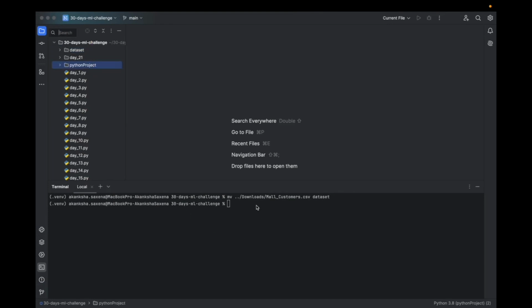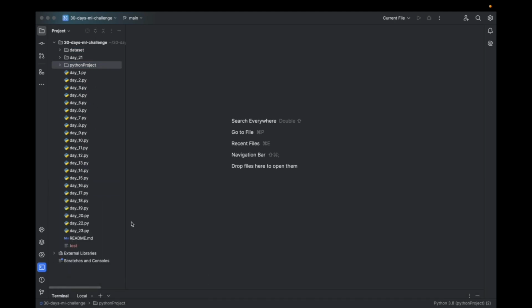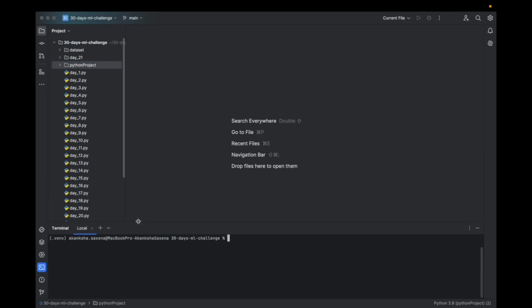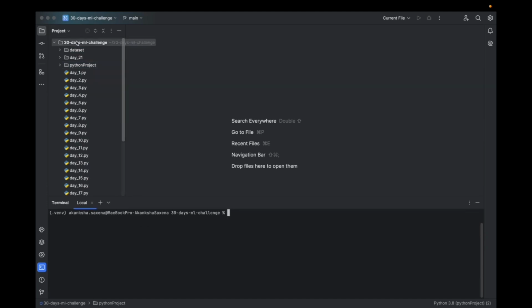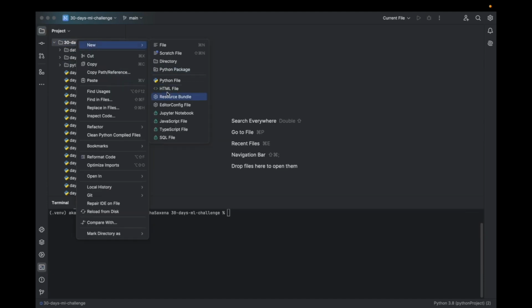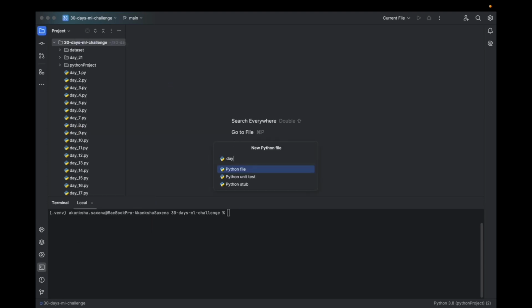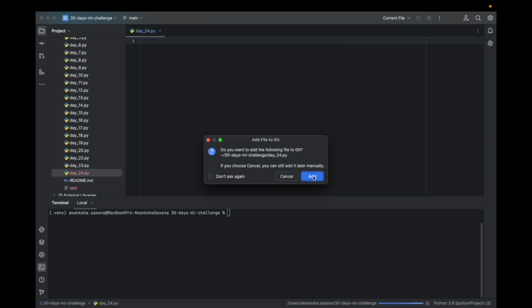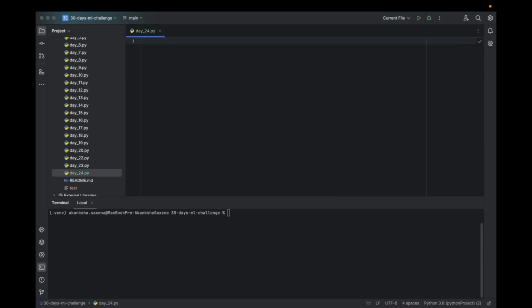And clear our terminal, and move the terminal up a little. Let's create a Python file, and it is going to be day24.py. Let's add it to our Git repository and start. So I'll say the problem is,